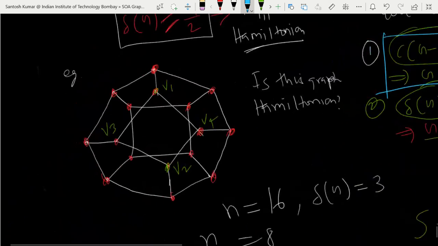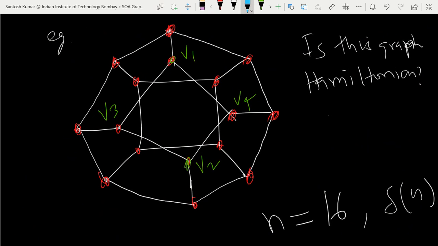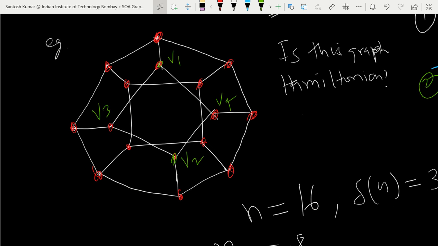So now you have only one way. What is the only way? The definition says a graph is a Hamiltonian graph if it has a Hamiltonian cycle. So we'll now try to make a Hamiltonian cycle. Let's start from here, and let's go there, come here, now come here. Oh, sorry, I left one vertex in that one.